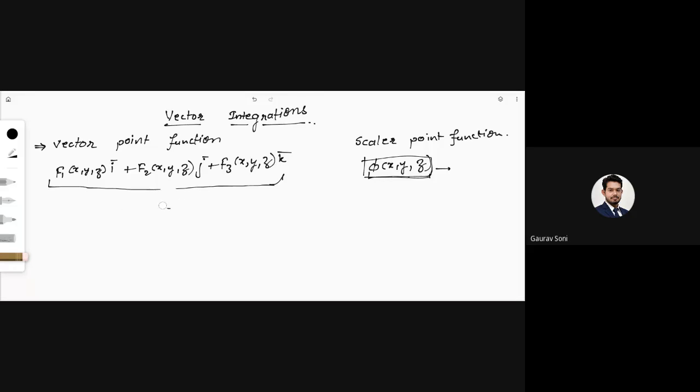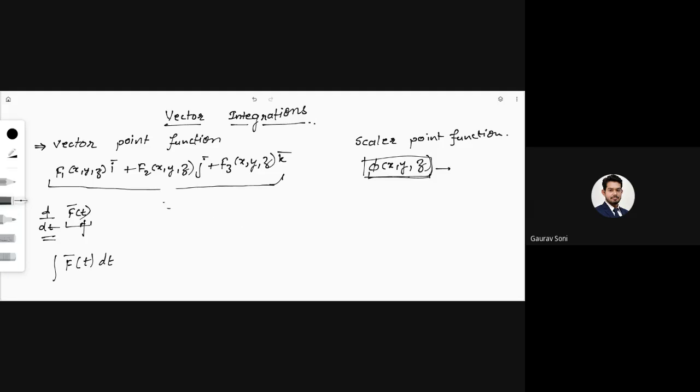So if I have a vector function, say f bar of t, you put the value of t and the answer that you get is a vector. So its derivative d by dt I can find out. Since there is one variable t, I can take the d by dt of it. Also, I can take the integration of f bar of t dt.